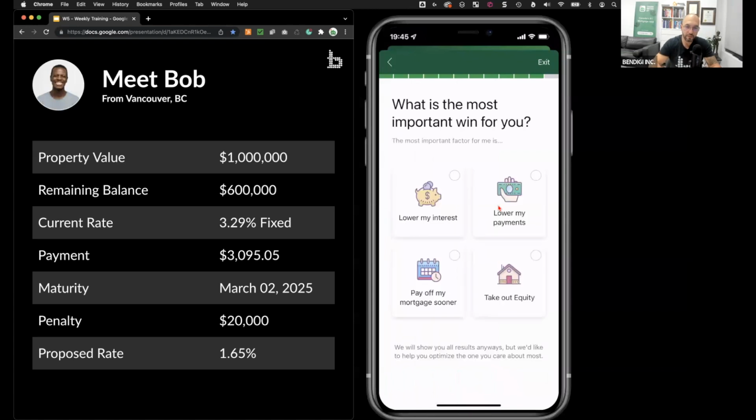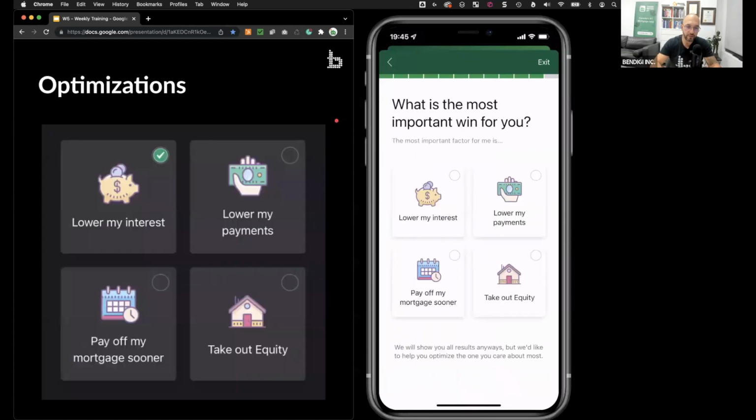And here comes the priorities. So there are really 4 priorities here. And what the app will do, depending on which one you choose, will slightly optimize the scenario for you. For instance, if you choose lower my payment, it will extend your amortization to 30 years. If you choose pay off my mortgage sooner, it will take the excess cash flow and apply it as extra payments. So we're going to pick lower my interest